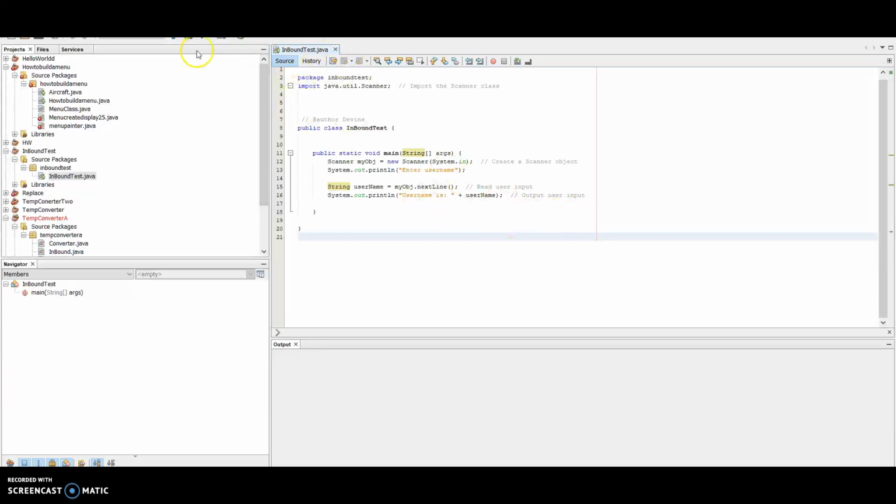So we'll run the program to go through it. So we first click it, and you're getting this prompt right here. The system is outputting enter username. So enter my name,